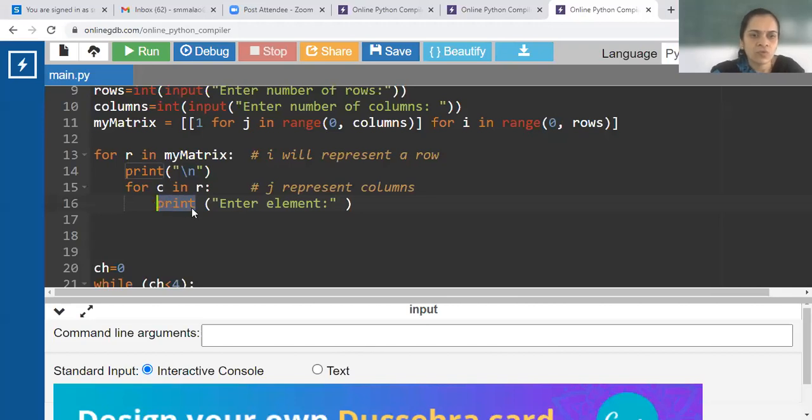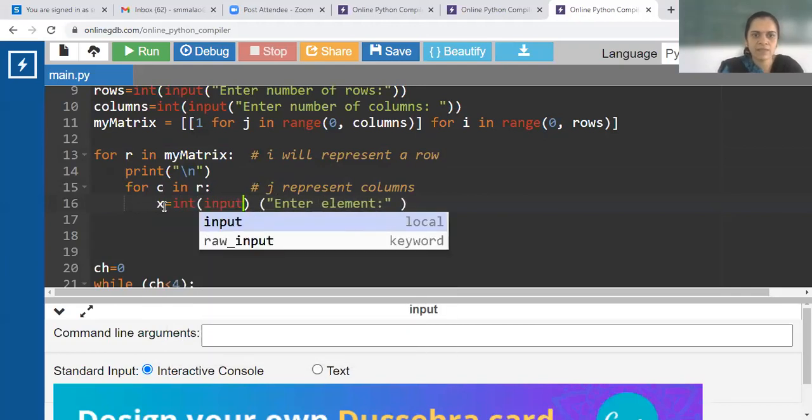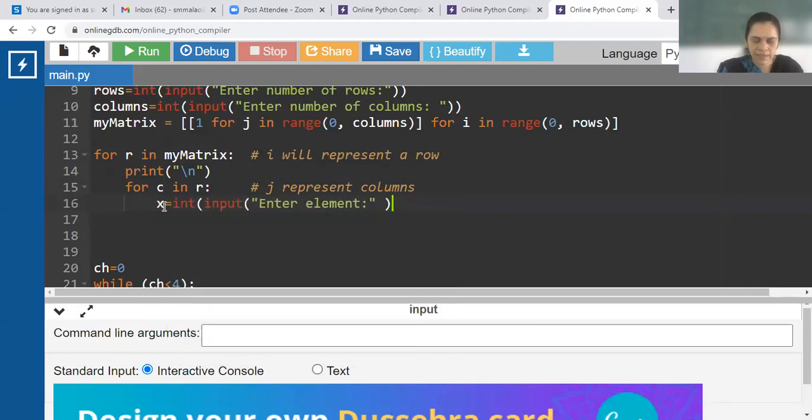Yes. So here for each row in the matrix and for each column in that row, we accept an element from user. So it is say a value x equal to int input enter element.